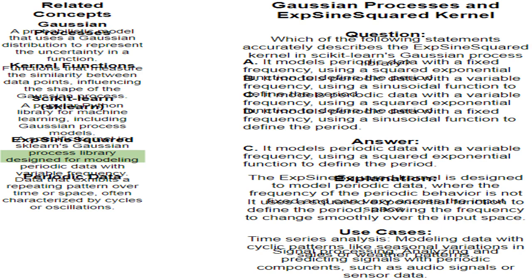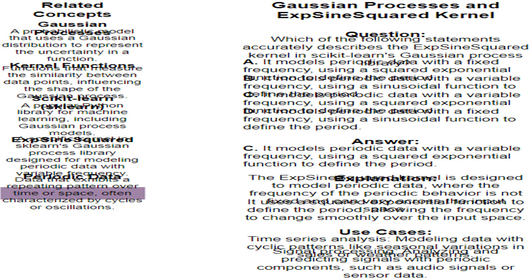If you have data like the monthly sales of a product that shows seasonality peaks and dips based on the time of year, the exp sin squared kernel can be used to model this periodic behavior. The kernel can adapt to changes in the frequency of the seasonality over time, making it flexible for capturing complex patterns. Data that exhibits a repeating pattern over time or space, often characterized by cycles or